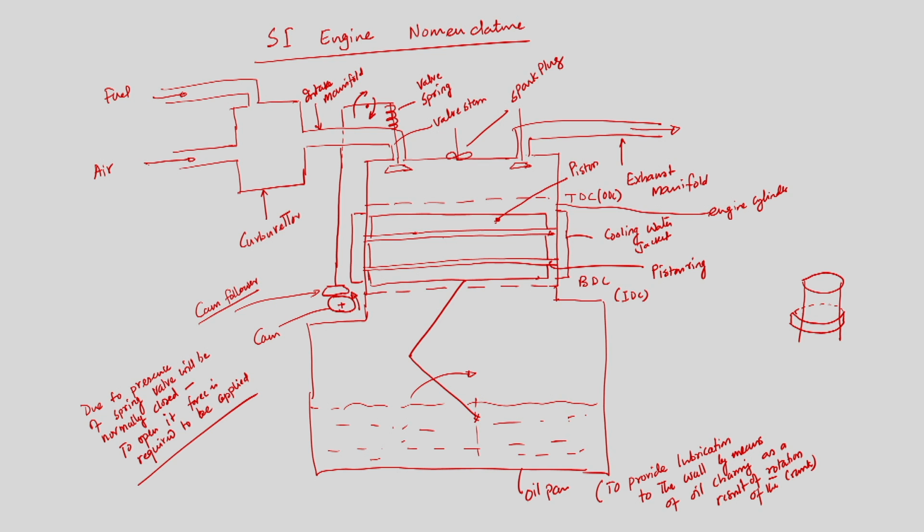Now if you would like to have the nomenclature of a CI engine, the only thing is that there should not be a spark plug, rather we have a fuel injector through which fuel will be introduced. Instead of the spark plug we will have a fuel injector, and there won't be a carburetor, rather air will come through the intake manifold. So this will be the difference between SI and CI engine nomenclature. I am not going to draw the engine components again, so that the nomenclature of a CI engine can be understood. But I am telling you that instead of the spark plug there will be a fuel injector through which fuel will be supplied to the engine cylinder, and instead of the carburetor there should be only an air intake manifold through which air will be introduced. So this is the difference.